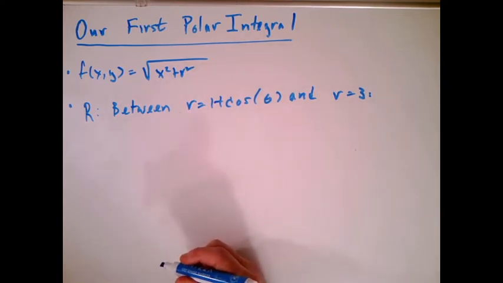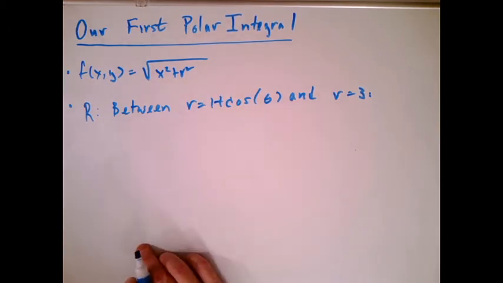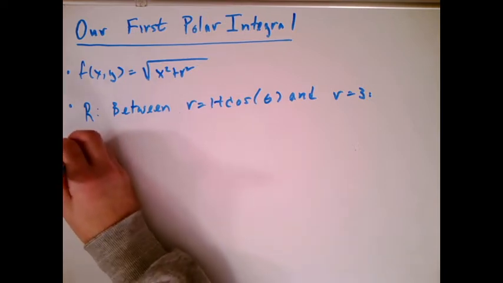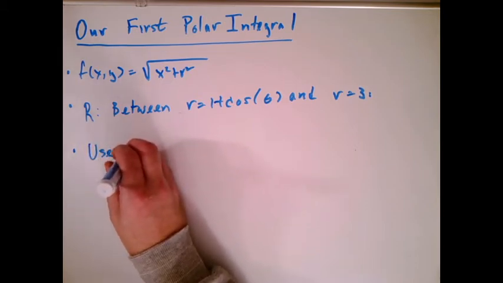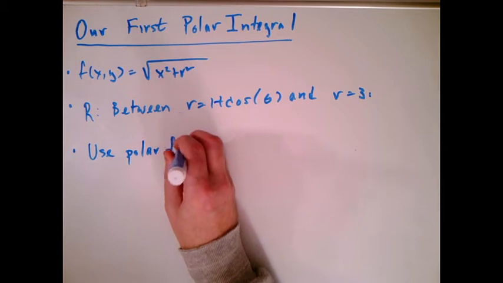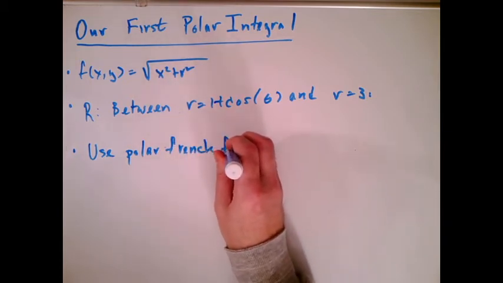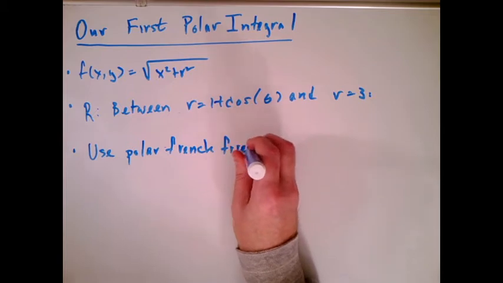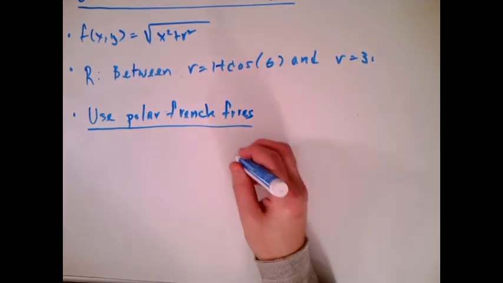Now, the problem with this is that we can't use regular French fries because there's no x's and no y's, and converting r equals 1 plus cosine theta into rectangular just sucks. So what we need to do is use polar French fries. Now, what do I mean by polar French fries? So what I'm going to do is,